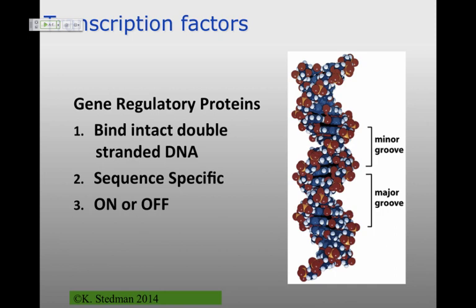And so you bind to that major groove in the absence of having to unwind the DNA. These gene regulatory proteins bind in a sequence-specific manner, so you get them associated with some regulatory region in your DNA, and they're binary. They're either bound or they're not bound. And when they're bound, they'll have an activity or not have an activity. And so if you think about fine-tuning exactly how much gene expression you're going to have, that's going to be due to the combination of different factors that are there, not one single factor having a range of particular activity.